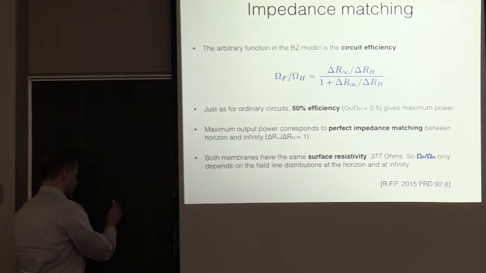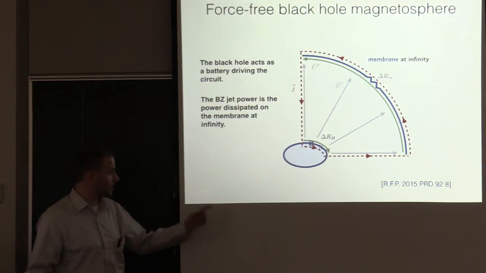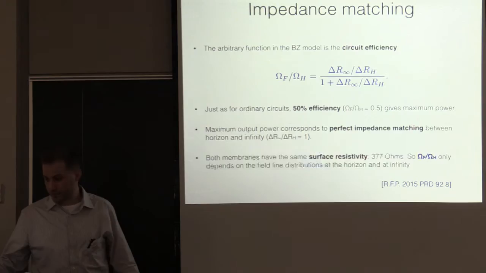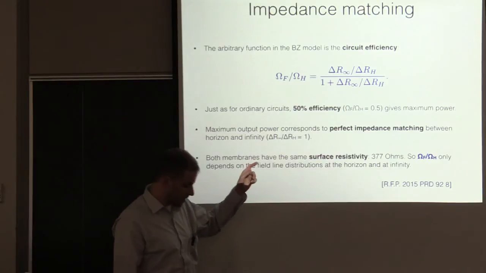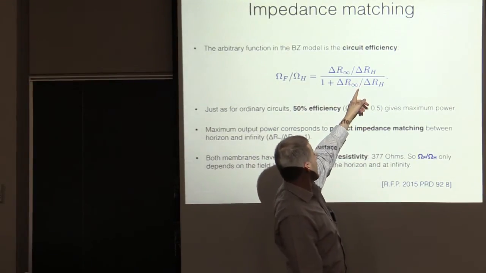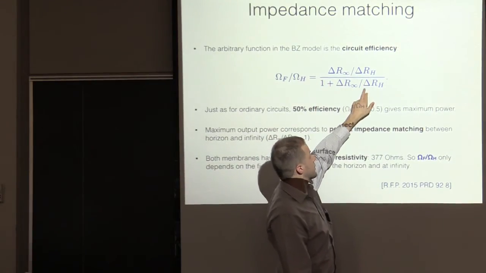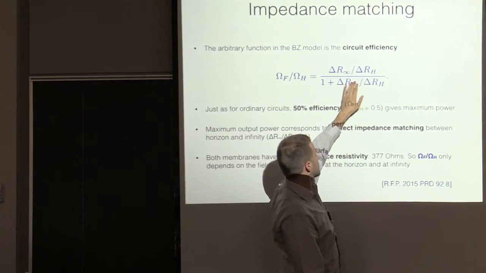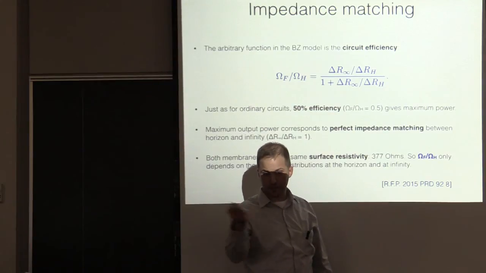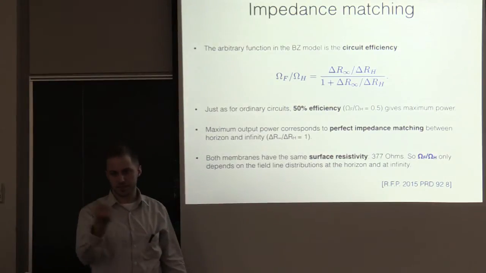The difference between a pulsar and a black hole is that a pulsar, unlike a black hole, is a perfect conductor. So to take the pulsar limit of all of this, delta R_H becomes 0 because the pulsar is a perfect conductor. In that limit, this ratio just becomes 1, because this is blowing up since delta R_H is now 0. So this just becomes 1, which is telling you that field lines rotate at the same speed as the pulsar, which is correct. That's what pulsar field lines do. They're frozen into the star and they rotate with the speed of the star.